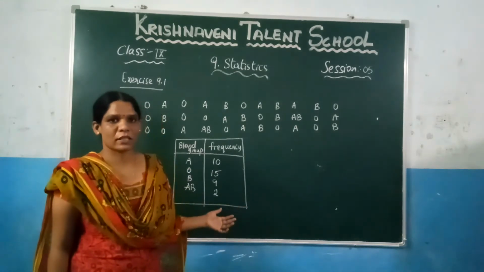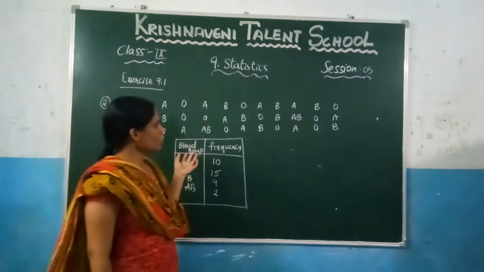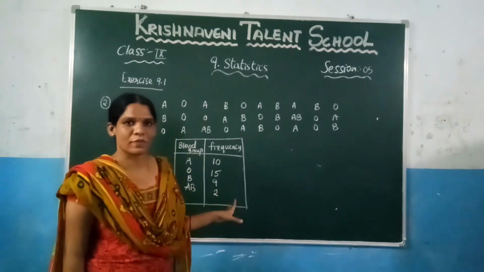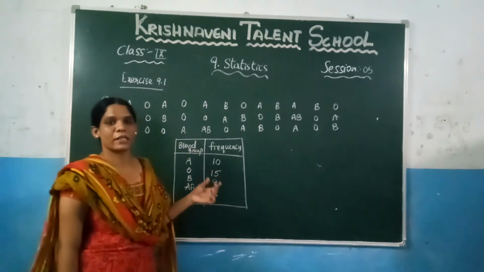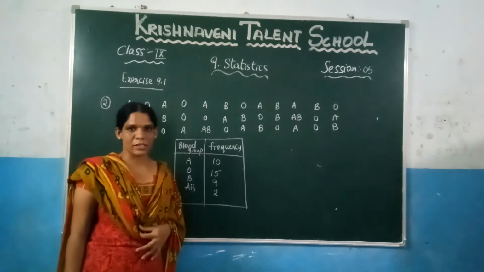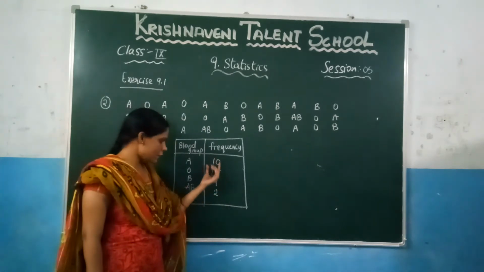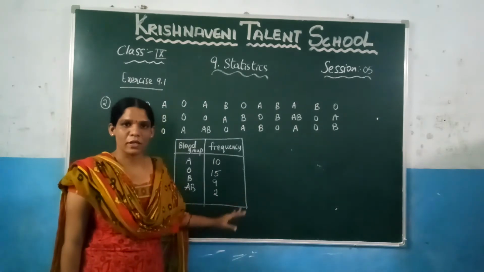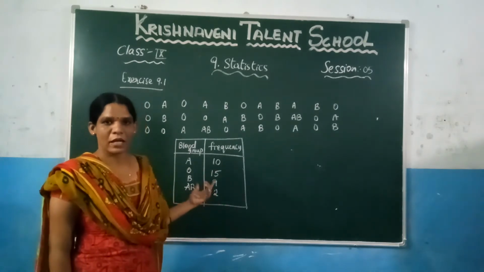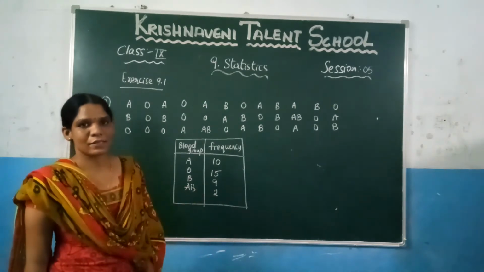Here if you want to check, you can see it here. They have given here the large data, right? So while counting you may miss one person's blood group. So if you want to check whether it is correct or not, what we need to do is, in the given question they have given here how many students are there. Total 36 students are there. So here these are nothing but the number of students, right? So if you add these values, you have to get 36. If you are getting 36, that means we have included every student's blood group here. Otherwise, we may forget, and we can check it here. Let us see whether you are getting the total as 36 or not.